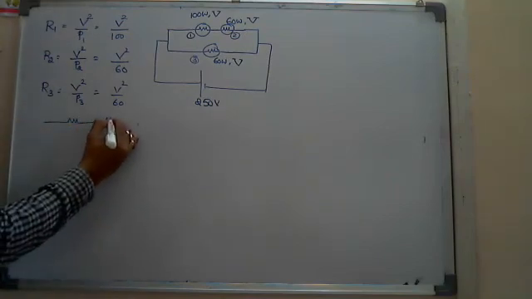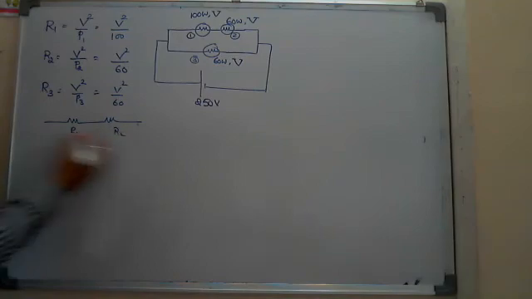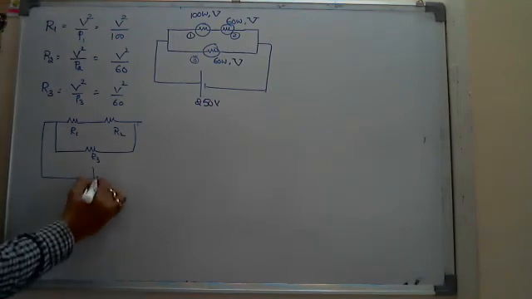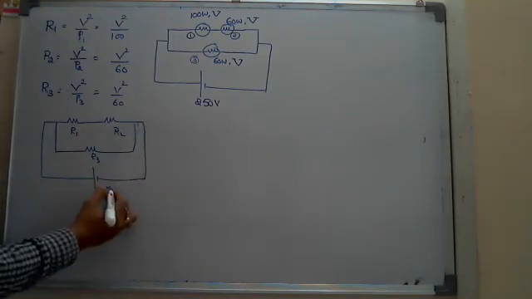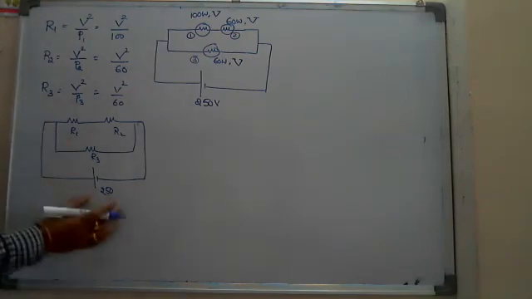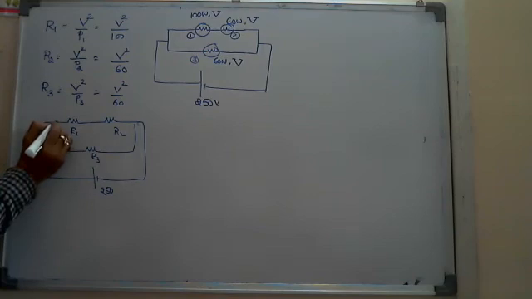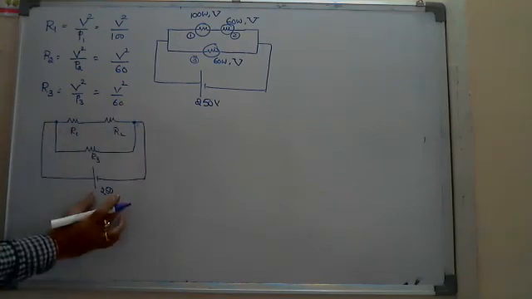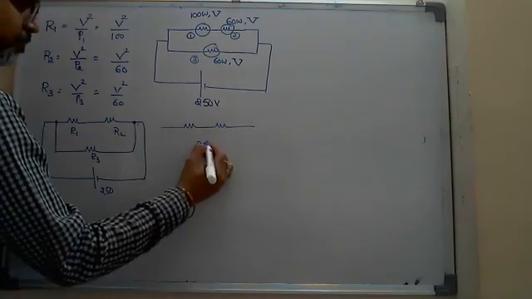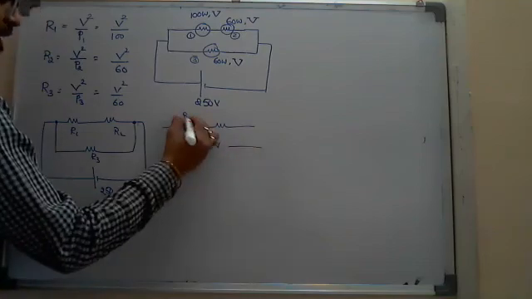Two resistors, R1 and R2, are in series, and they are connected in parallel to the third resistor R3, and it is connected to some 250 volts without internal resistance. In this case, if I ask what is the current through this branch and through the other branch, straight away we cannot say. These two are in series, so across these two the total potential difference will be 250. So the total is 250 across R1 and R2. One method.